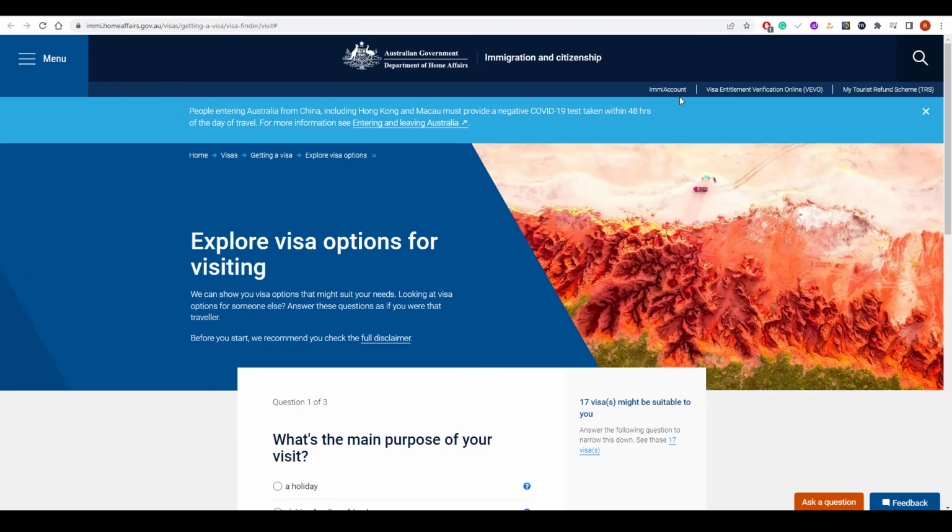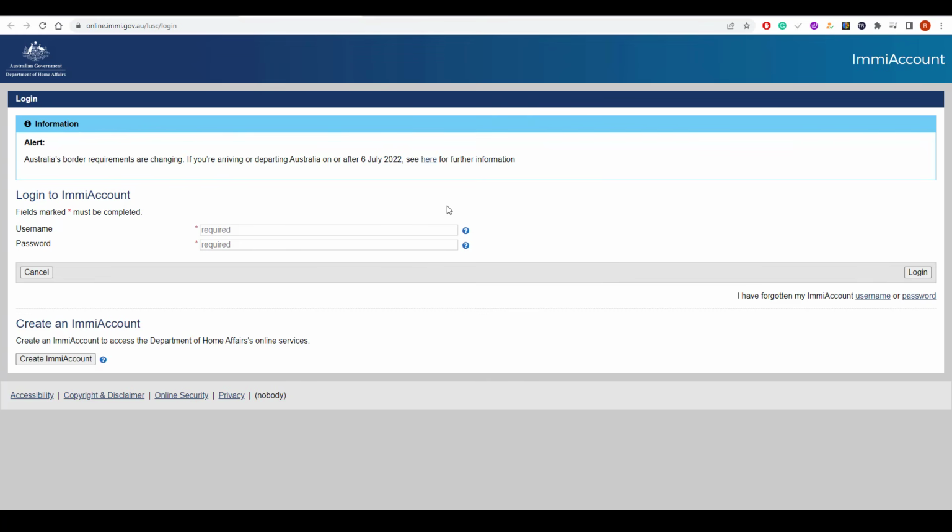As you can see on your screen, three tabs are up, so just click on the IMMI account tab, then you will see a new page, which is the login information page. I am assuming you do not have an Australia IMMI account, so you have to create an account first. If you scroll down you have the login option, but if this is your first login then simply click on